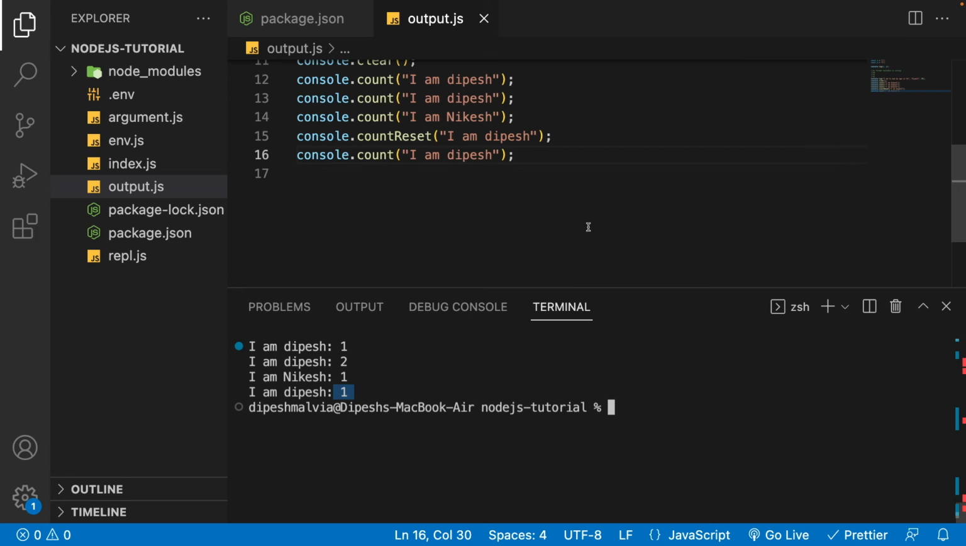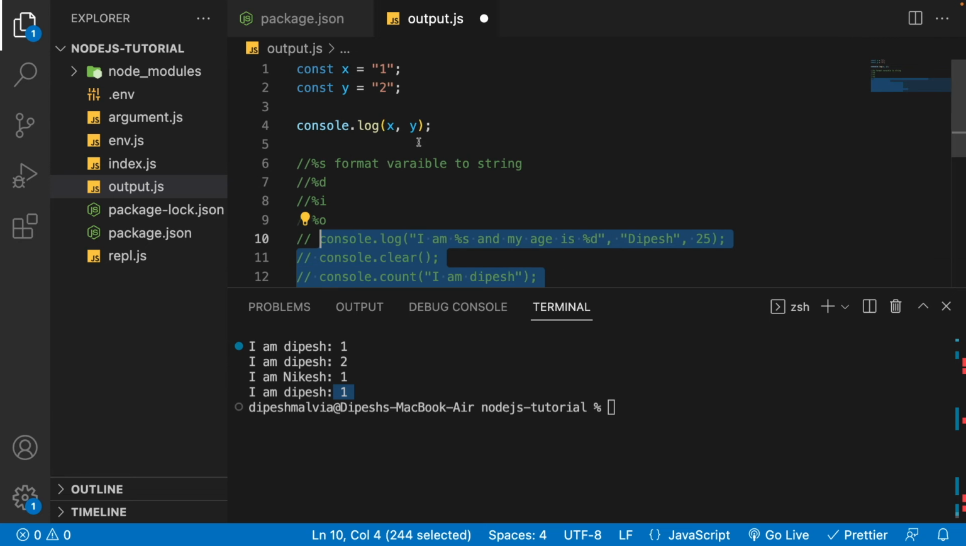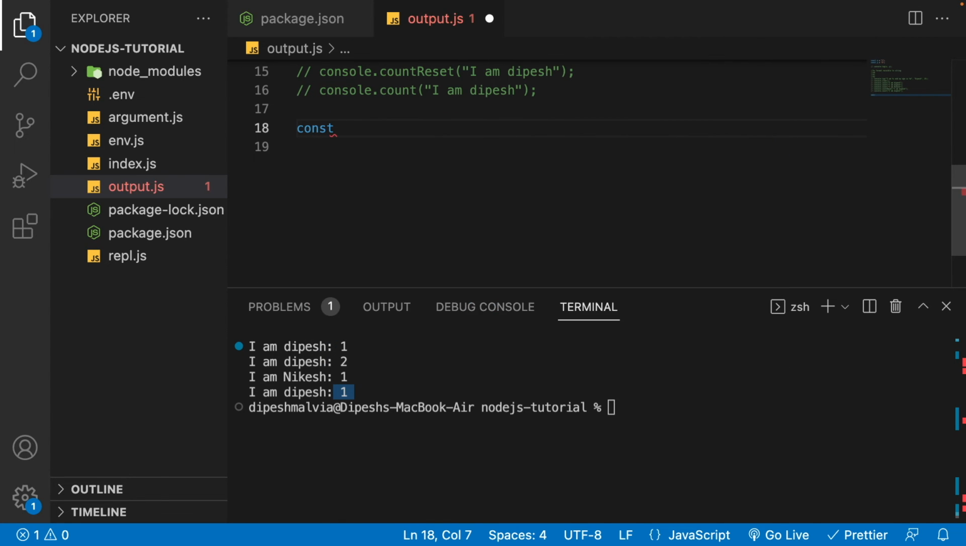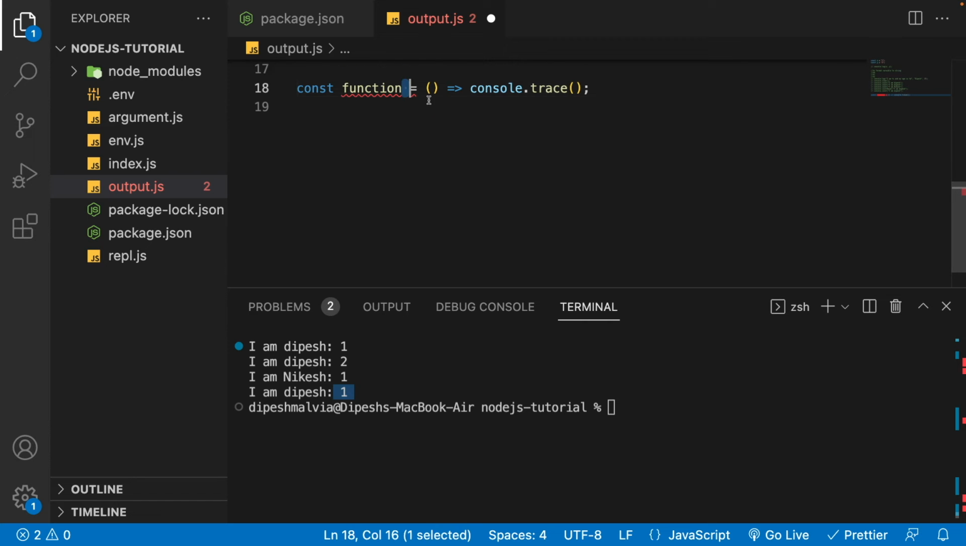Now there are some cases where whenever you're working on a project and you want to print the stack of your code, so what we can do is let's comment this out. So let's create a function. I will create a function, all right, and this will be an arrow function, and what this will return is I will have a console.trace. So it's going to return the trace. So I want to give a function name. So let's have this function name function 1,